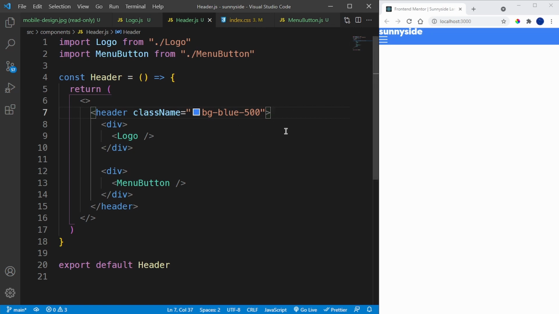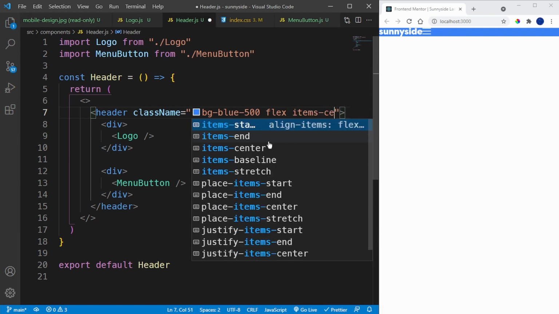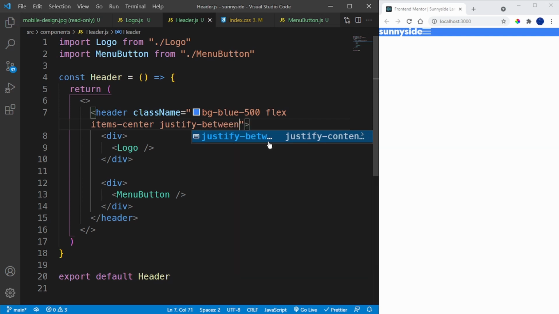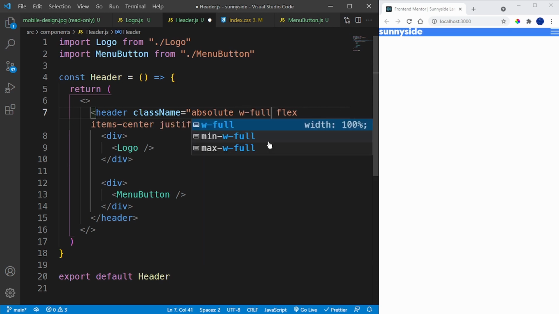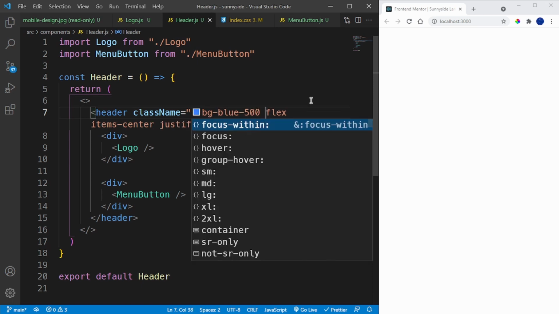So we can style it out just a bit better by setting this to a flexbox, like so, and then saying items center and justify between. But then remember that I technically want this header to be a transparent header. So I could technically set this to position absolute and then set the width to full, but I don't really want to do that right now. So if I just give this a bg blue of 500 for now,